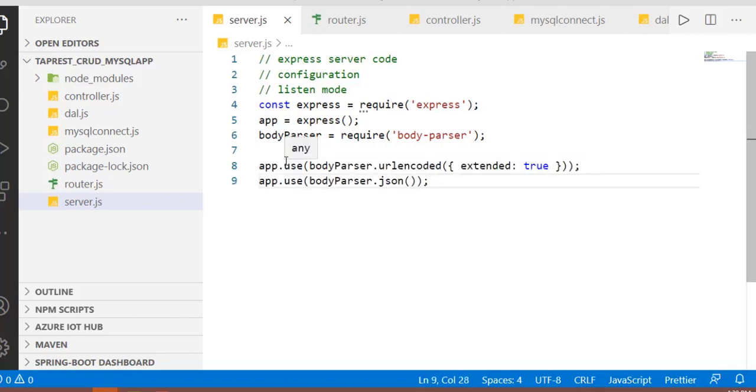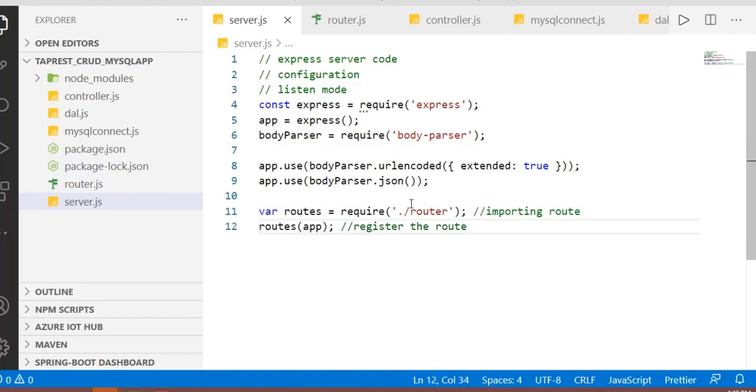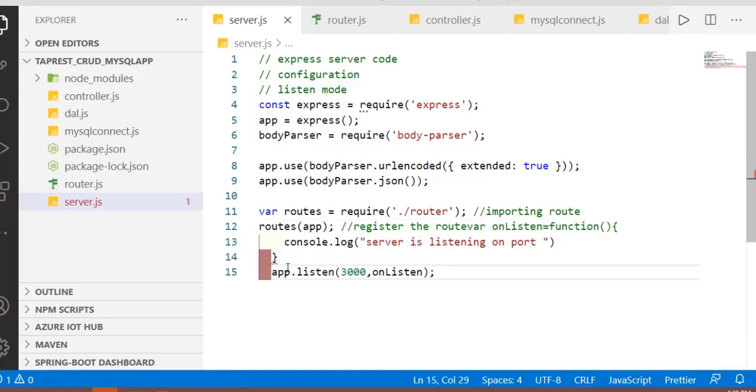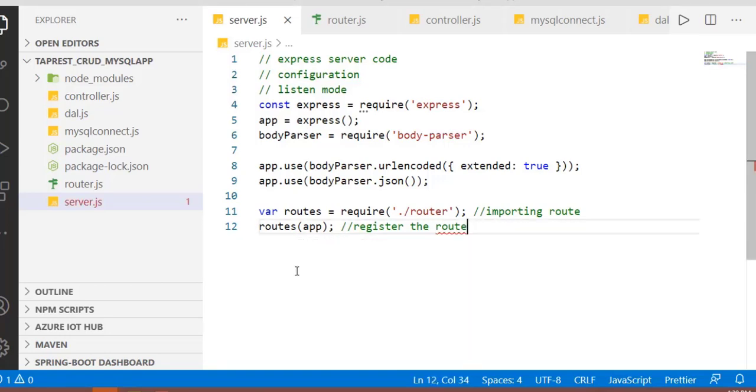Our job is also to get MySQL here. The configuration is to be set on the body-parser, which is of type JSON, by using the app.use function. The app.use function is normally used for setting the HTTP pipeline configuration. We will have separate code written under a separate file called router.js for mapping the routes we will configure within our application. Our job now is to set our server in listen mode.